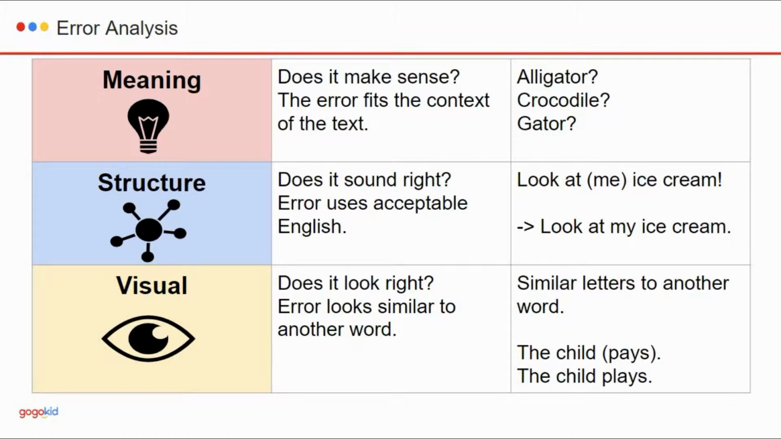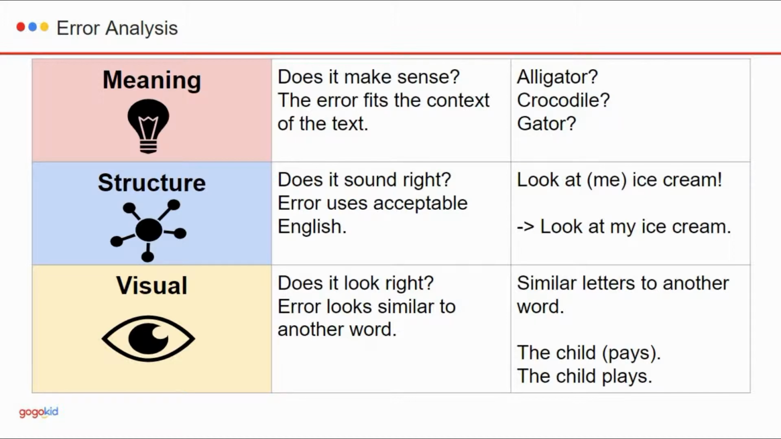Structure errors, this is like "look at me ice cream" versus "my ice cream." The error uses acceptable English and it might sound right, but it's not quite right. Visual errors, it might look right, it might look similar to another word. So it might have similar letters. So for example, the child pays instead of the child plays. So the error looks similar, so they just omitted that L, but they looked at it and they thought that